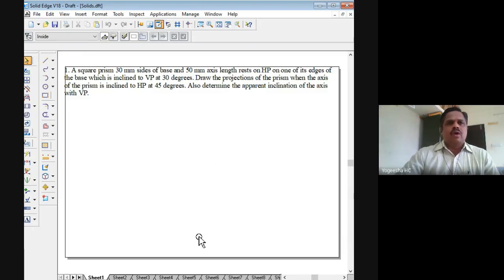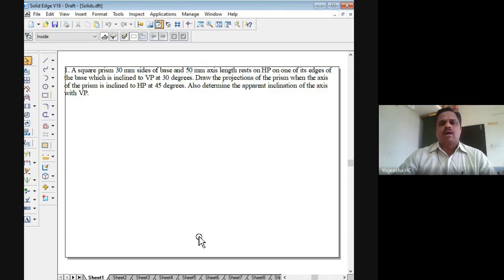Say for example, you are having a square. To the square, if you give some thickness, then that becomes a square prism. Base is a square, for example. To the square, you are giving some thickness, say 50 mm or 30 mm. Then it becomes a square prism because the base is a square, the top face is a square, and the lateral sides are rectangles. That is one kind of solid. That is what we are calling prisms.